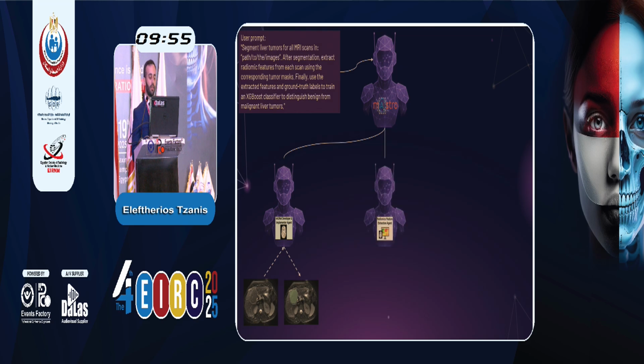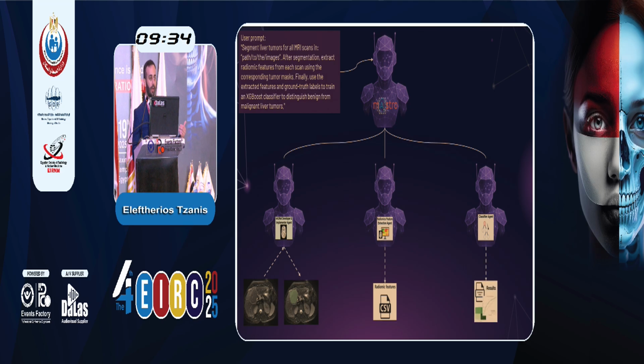The master agent then invokes the radiomics feature extraction agent, who calculates radiomic features and saves them as a CSV file. And lastly, the master agent initiates the classifier agent, who uses the CSV with the radiomic features. It pre-processes the data and in minutes develops, evaluates, and deploys an XGBoost classifier capable of distinguishing benign from malignant